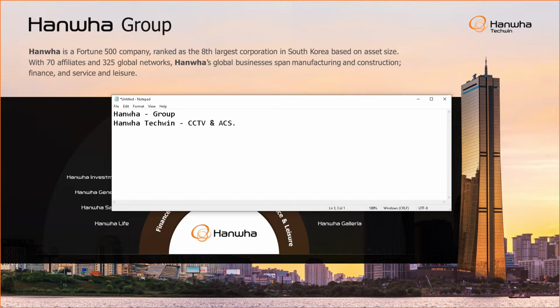Then under Hanwha Techwin, the product name is called Wisenet. So whenever you buy a camera, the logo will be Wisenet. It is manufactured by Hanwha Techwin, owned by Hanwha Group. How to understand this? It's like this. If you buy a Samsung mobile phone, it is owned by the group Samsung. It is manufactured by Samsung Electronics, and the product name is